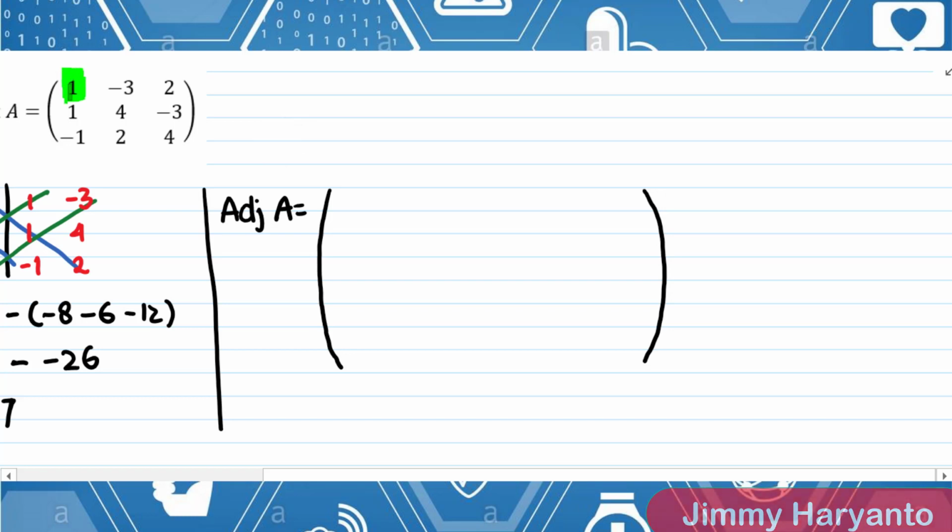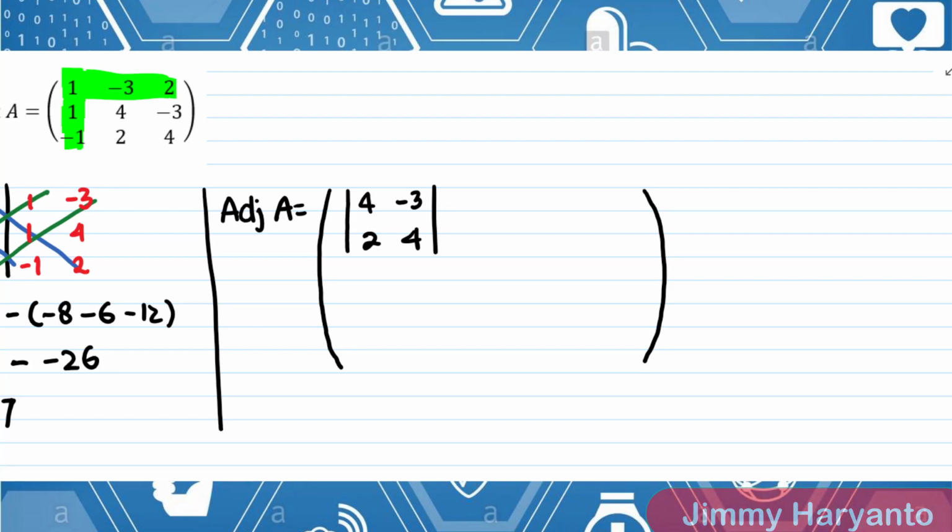Okay, so the first one you have to close is the top left corner. Okay, that one is already closed, then you close downward and sideways. You have to close both the row and the column like that. It will leave you 4 numbers, right? 4, -3, 2, and 4. You have to rewrite the numbers right here, 2, 4. Okay, this gives you the first element of the adjoint of A.